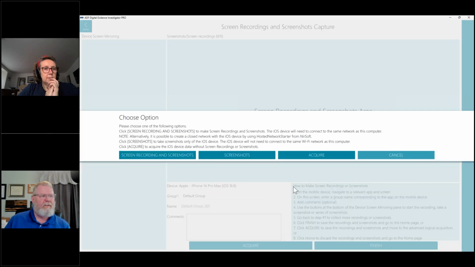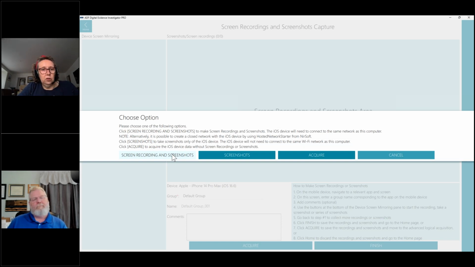And we hit proceed. All right, this is where choices need to be made. And you were explaining some of this before. Explain the reasoning here between screenshots and screen recordings and screenshots. Right. Screen recordings and screenshots on an iOS device is going to use screen mirroring, and it will work on every single device, and it won't require you to put in passwords or Apple iTunes accounts or anything like that.